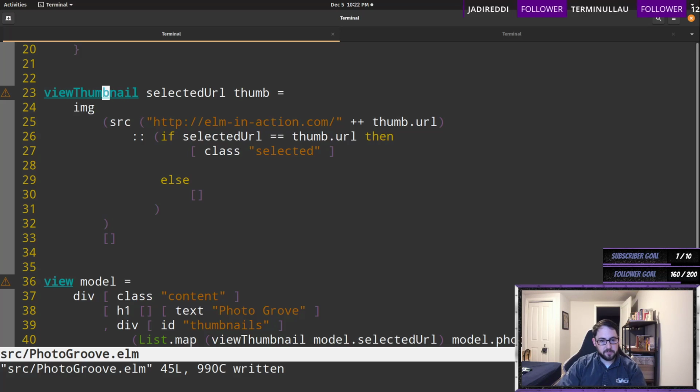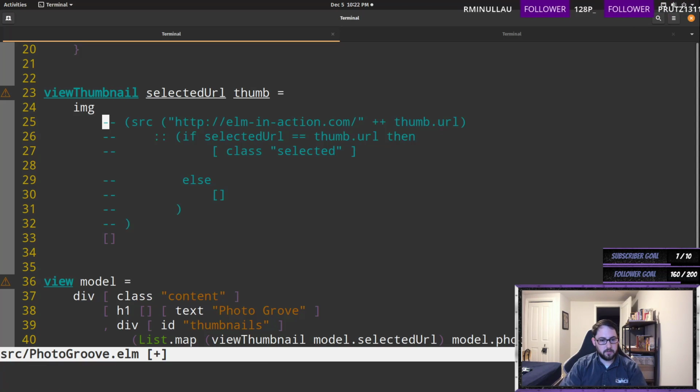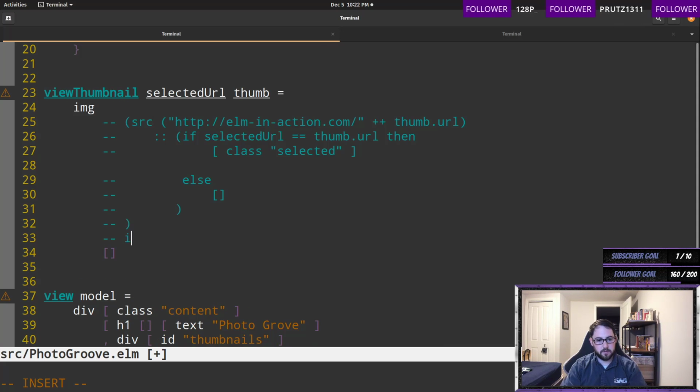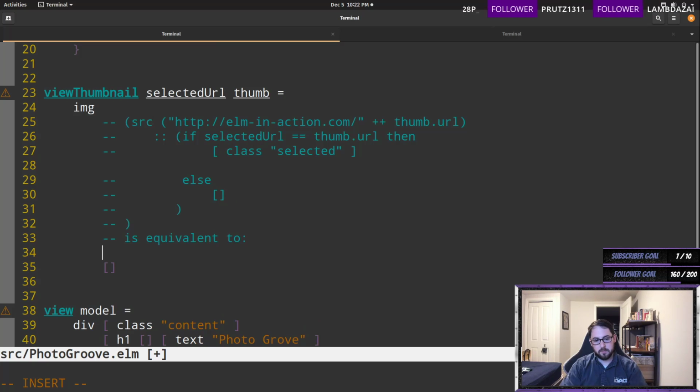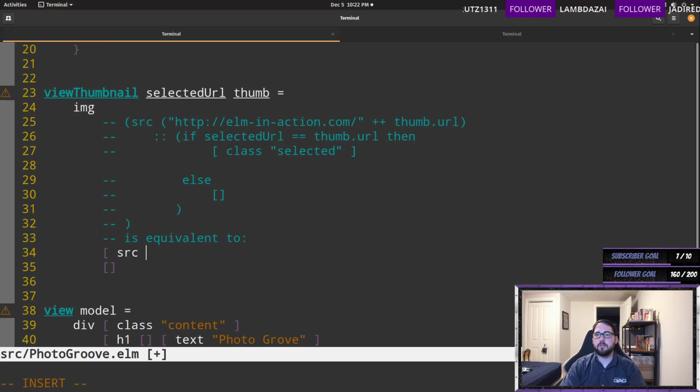So this code is equivalent to the following. I didn't know this existed, so I'm glad we did it, because I like doing this kind of stuff with everyone. So it's